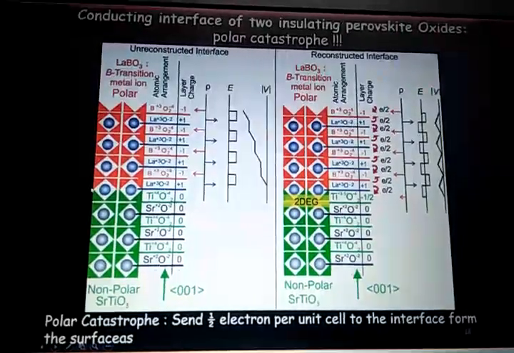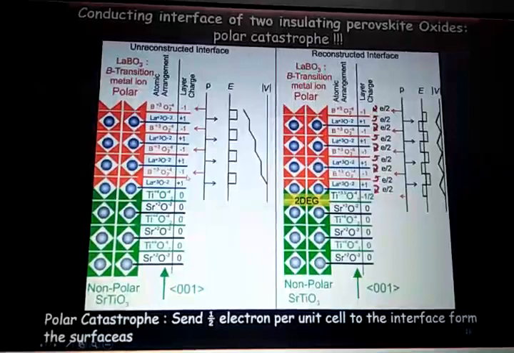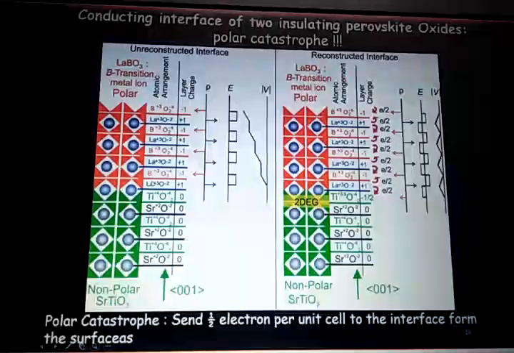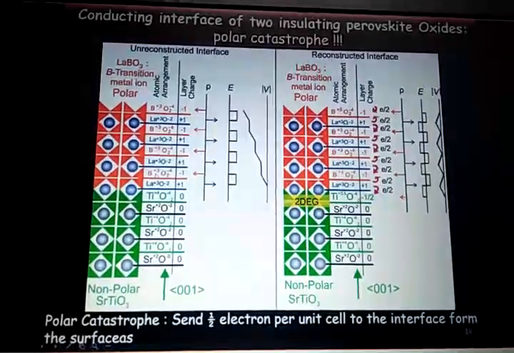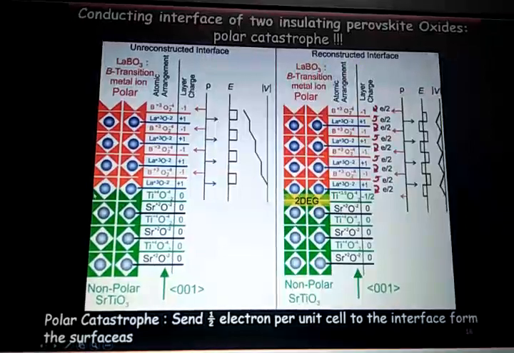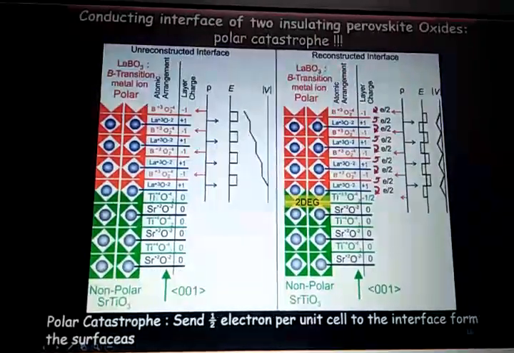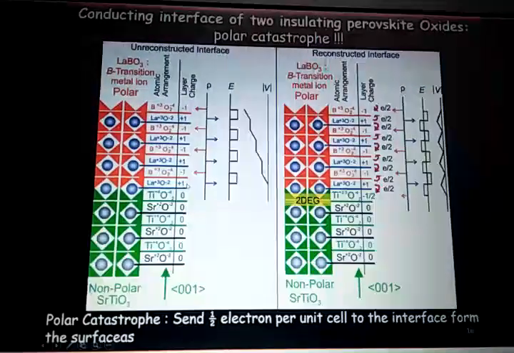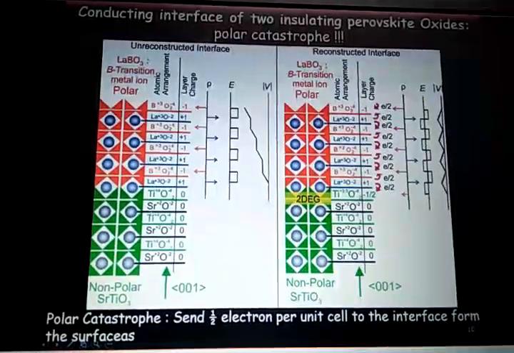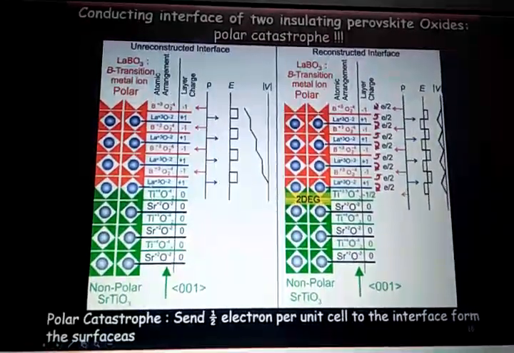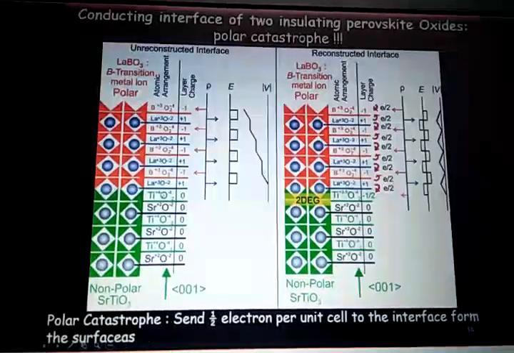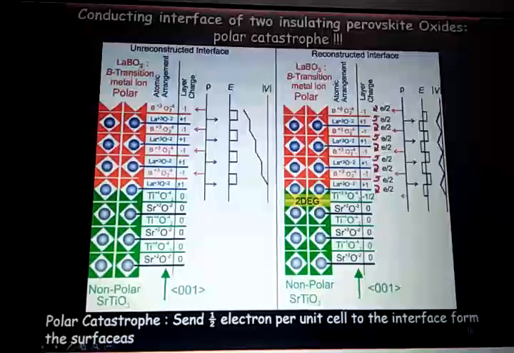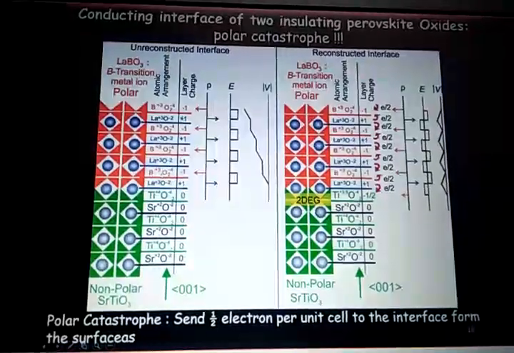And on the top of this material, we prepare a polar material. Let's assume we prepare a lanthanum BO3. It can be anything. Then what happens? Our strontium titanate is terminated with the B site. Then if you start growing a thin film, it will start growing from the A site, because it has to be AO, BO2, then again AO, BO2. So the first layer has to be lanthanum oxide, which must have +1 charge, and then the second will be BO2.